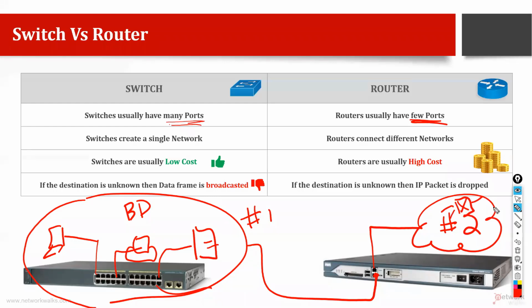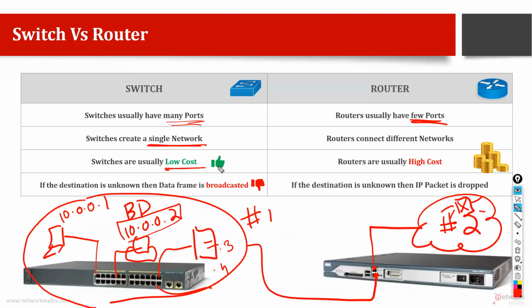That's why we don't need many ports, because each port on a router, remember, has to stop the broadcast and do so many jobs, so it is very expensive. Switches create a single network. If this IP address is 10.0.0.1, every other device should have the same group of IP addresses. This one should be 10.0.0.3, 10.0.0.4. While in routers, each network should be different.